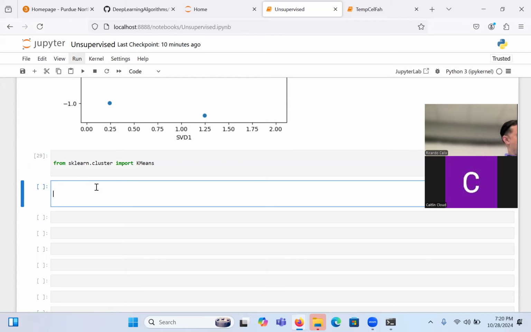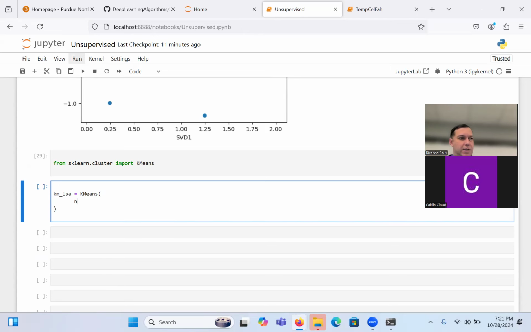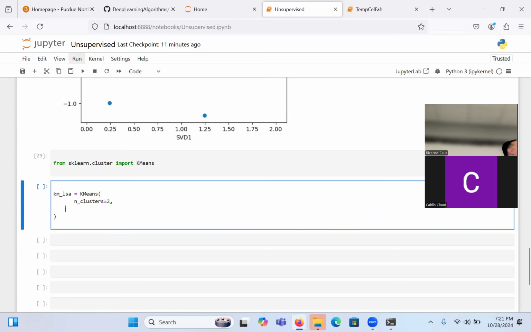Right, so now the algorithm has some default parameters. I'm just going to use the default parameters of it. It's got several things in there. So I'm going to do km_lsa for K-means, and I'm going to instantiate the object, KMeans. The parameters are going to be, this one is easy, I want 2 clusters. I had said that I wanted to group the sentences that have a meaning in science and the ones that have a meaning in